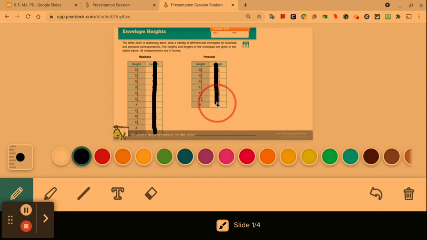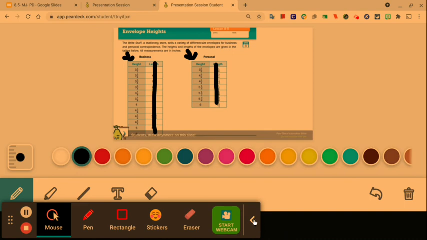You will only be looking in this category for height, in this gray one for personal envelopes, and in this gray column for business size height envelopes. And you're going to find the data points there. So anything in gray is what you're going to plot. So if we look at this first one, it's 3.5. So if I come over here,